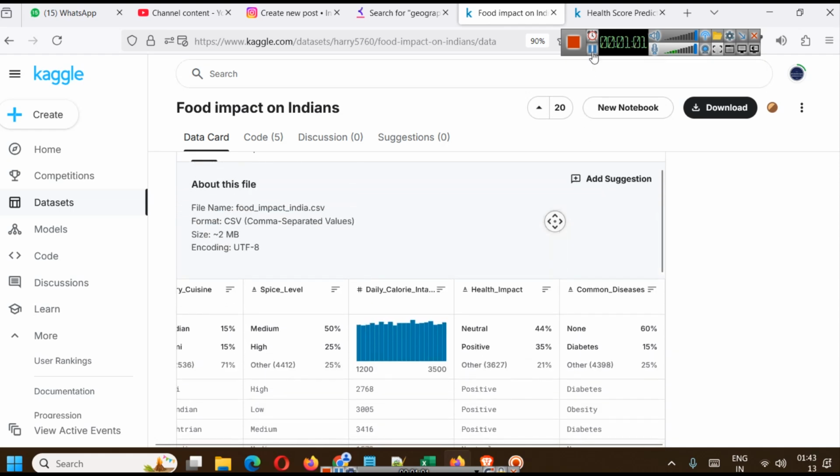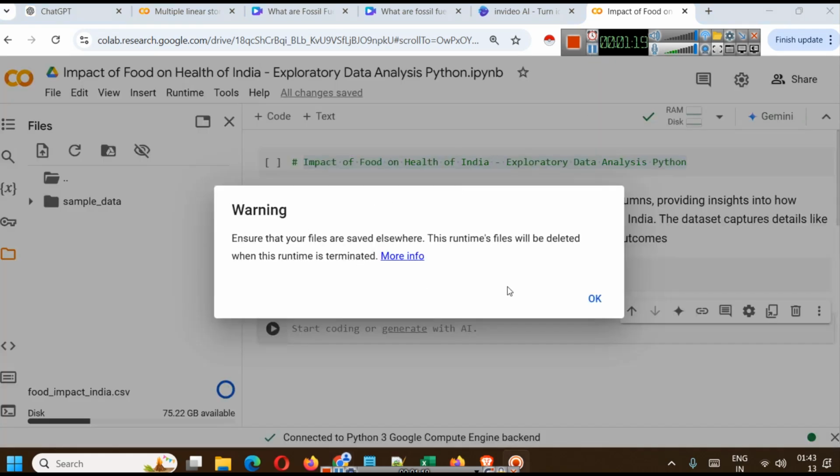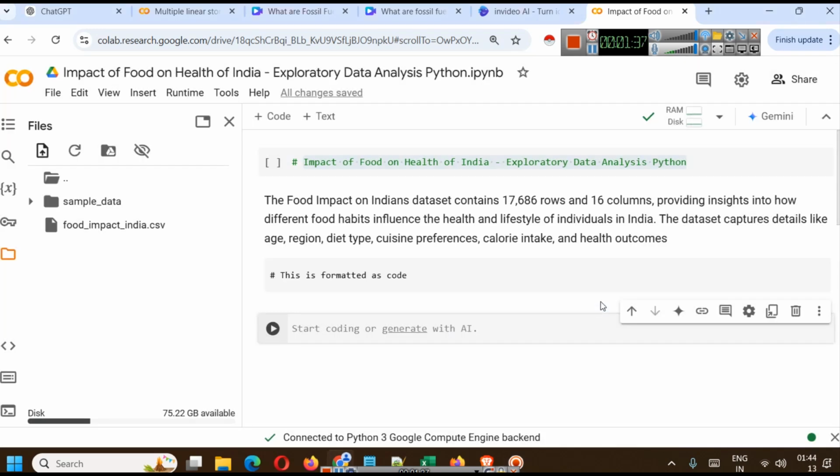So first of all, we will load this data in Google Colab. So here we will click on the folder view. It will start connecting with the cloud environment, and from here we will upload the file to the session. The file is loading. Remember, this file remains only for this session. So when you close Google Colab, this file won't be available. In the next session, you have to re-upload it. Another way is you can upload these files in your GitHub, and from there you can simply copy the CSV